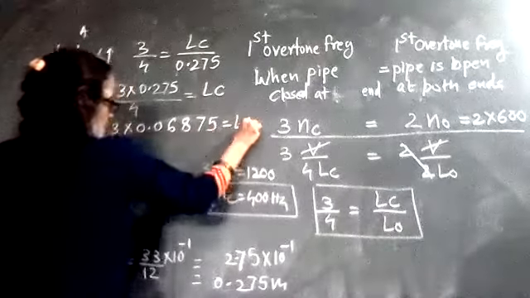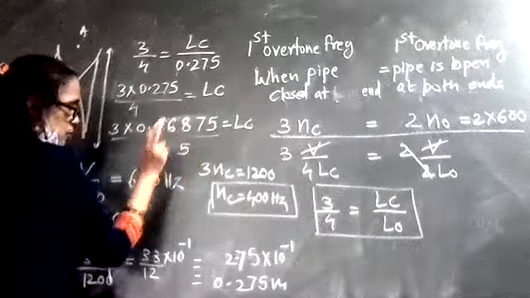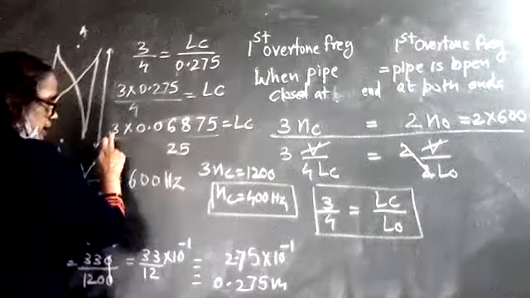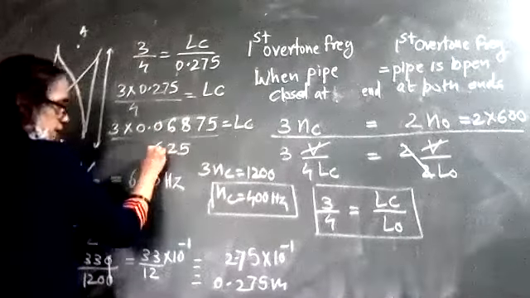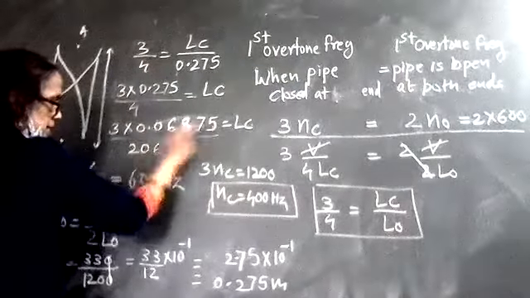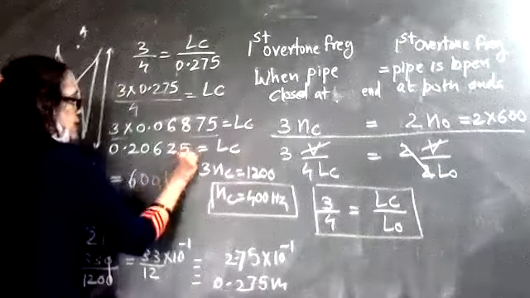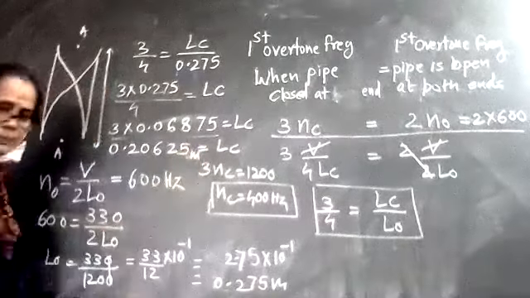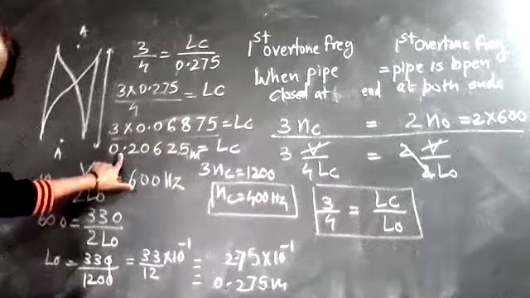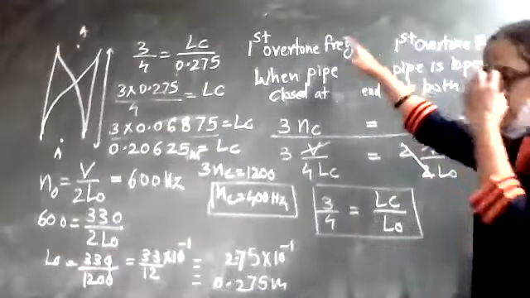This much is nothing but the value of LC, so I can do the product now. So see here, 3 5s are 15, 1 carry, 3 6s are 18 plus 1, 19... 3 7s are 21 plus 1, 22, 2 carry, 3 8s are 24 plus 2, 26, again 2 carry, 18, 18 plus 2, 20. And see, the decimal point will get shifted by 5 places. So this much is nothing but your value of LC in terms of theta. So this I am getting as the value of your pipe which is closed at one end. Clear? See that. How have you found it out?